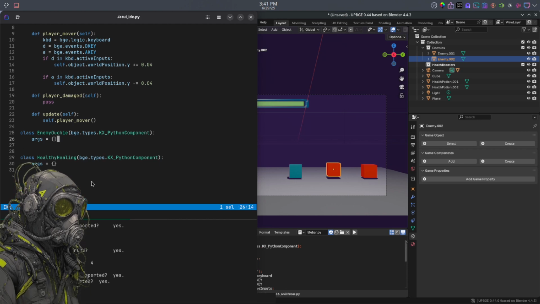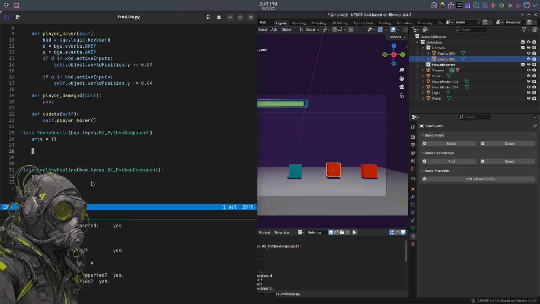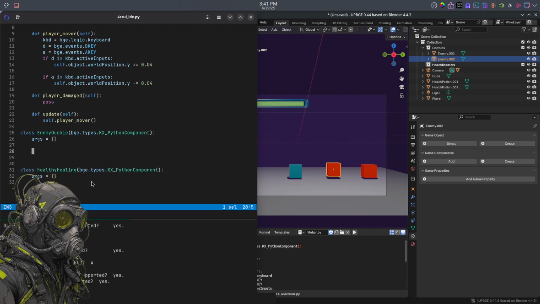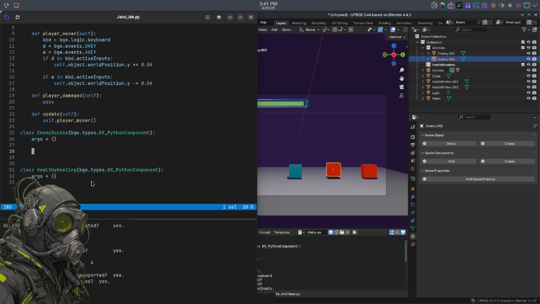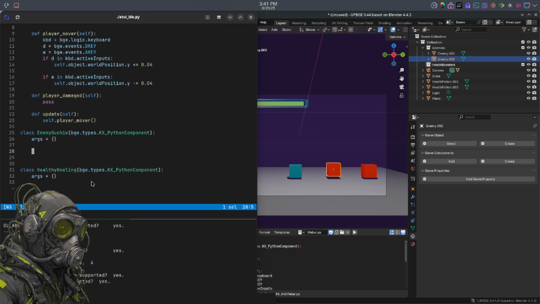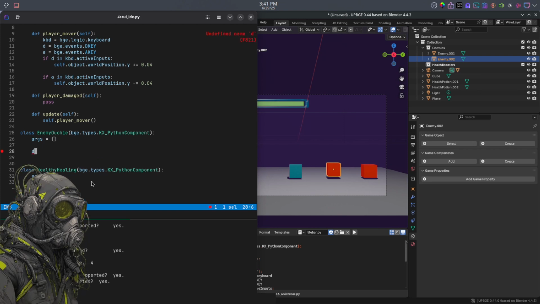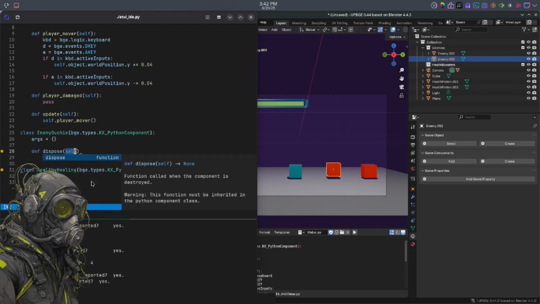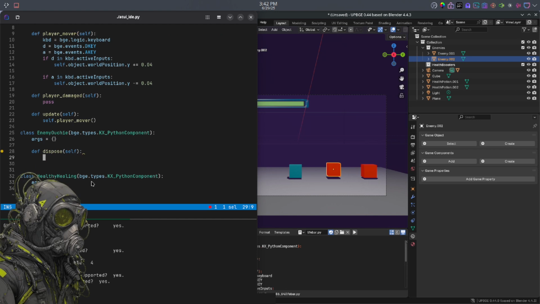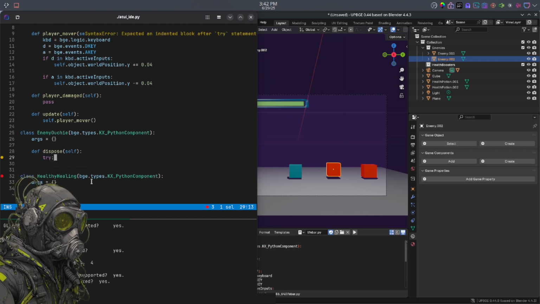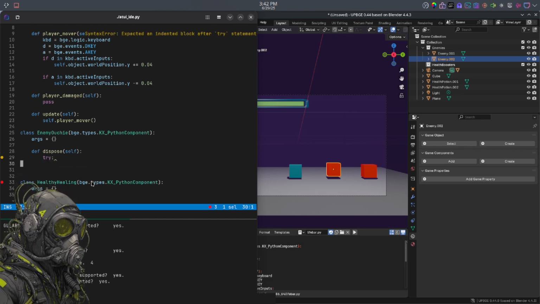Alright, so in enemy ouchie, what we'll do is create a dispose function, which is built into the component. Then we're going to do try, and